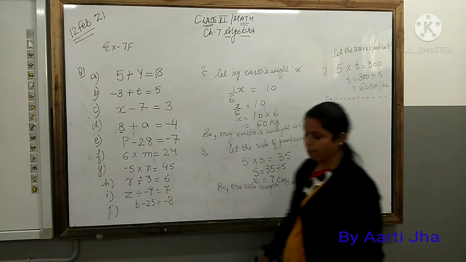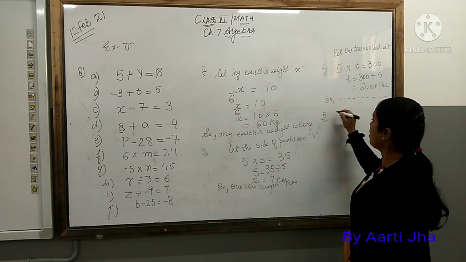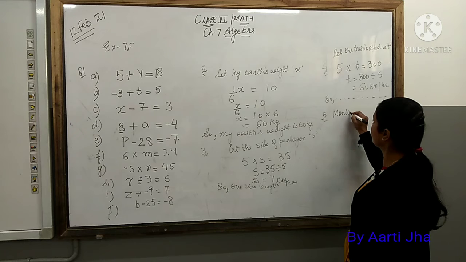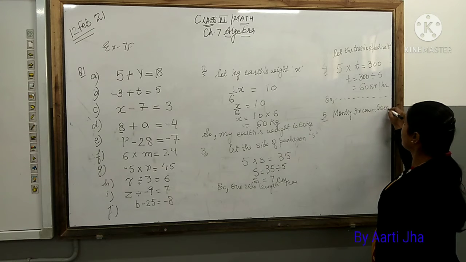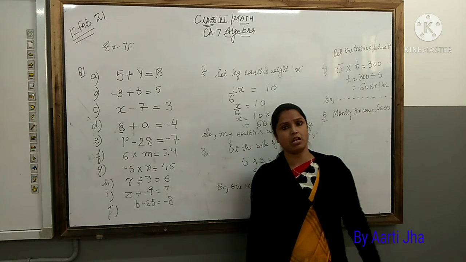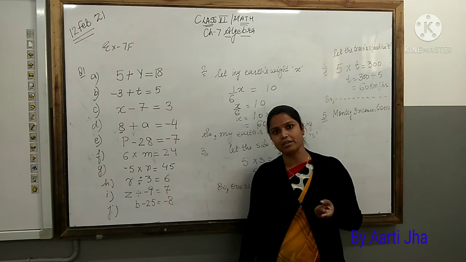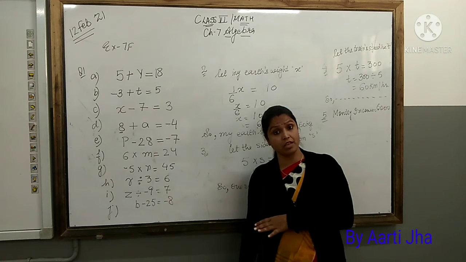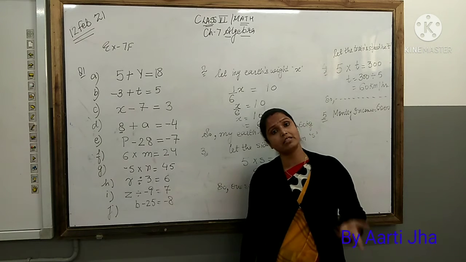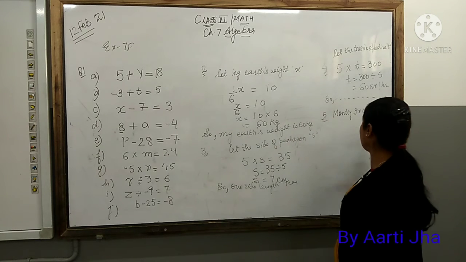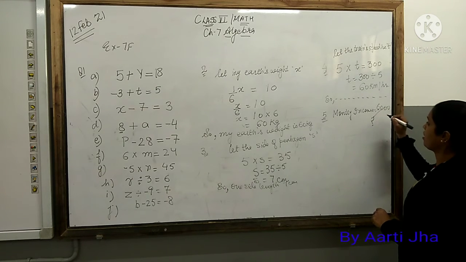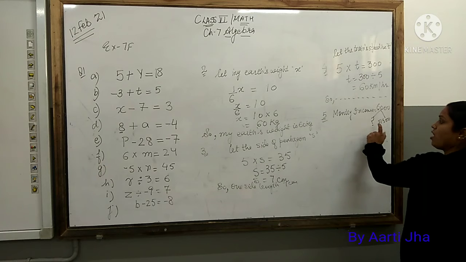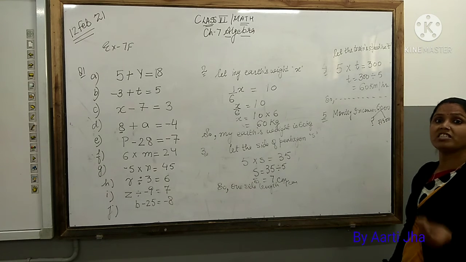Now question 5 is, see, Ravi's monthly income is given. Ravi's monthly income, how much? 6,000. Now children, the monthly income is 6,000. So from that money only you are going to spend, and we will be saving as well. There should be some saving and there is the expenditure. So in this question they are saying 6,000 is the income. From this 6,000, this much he spends and this much he saves. They are asking how much he is spending.